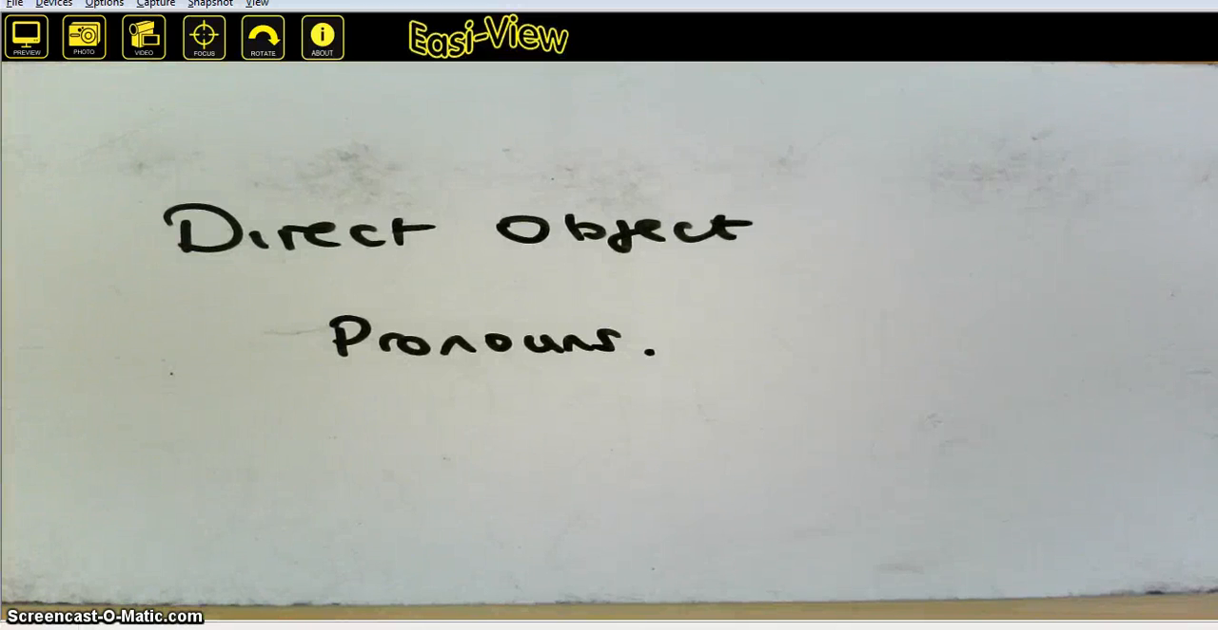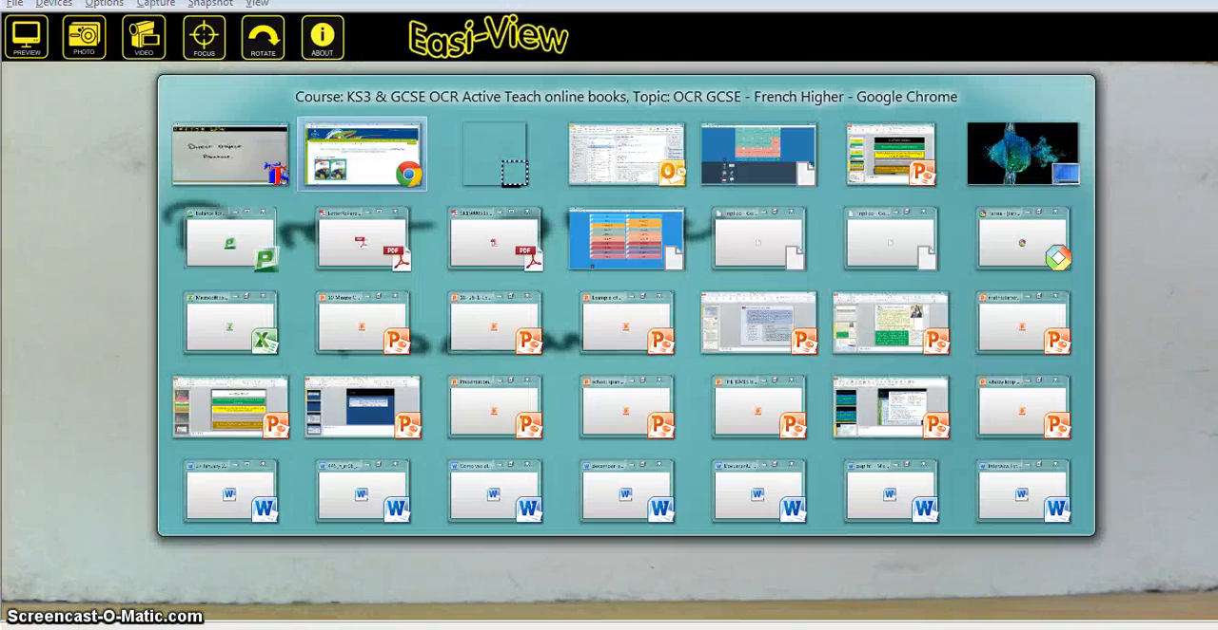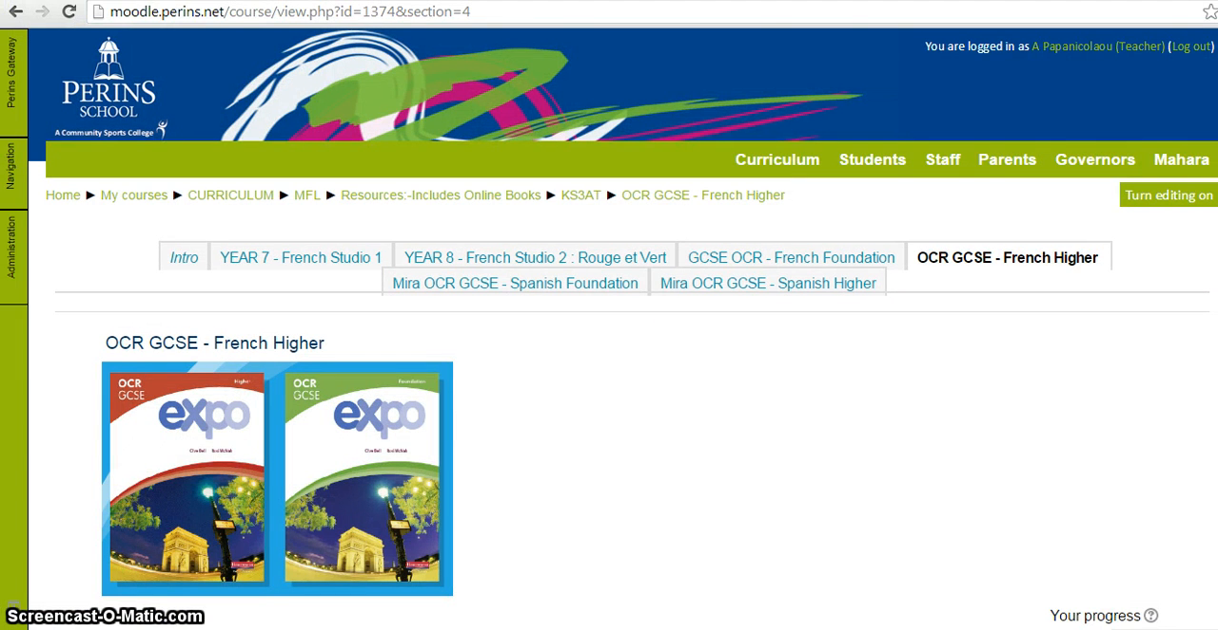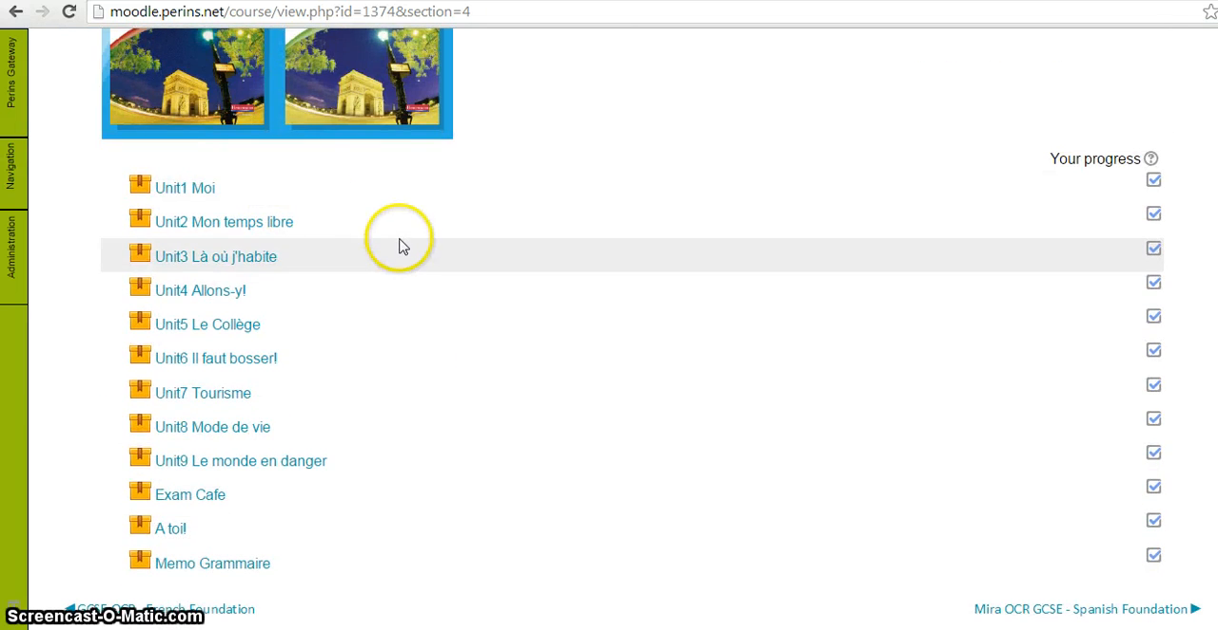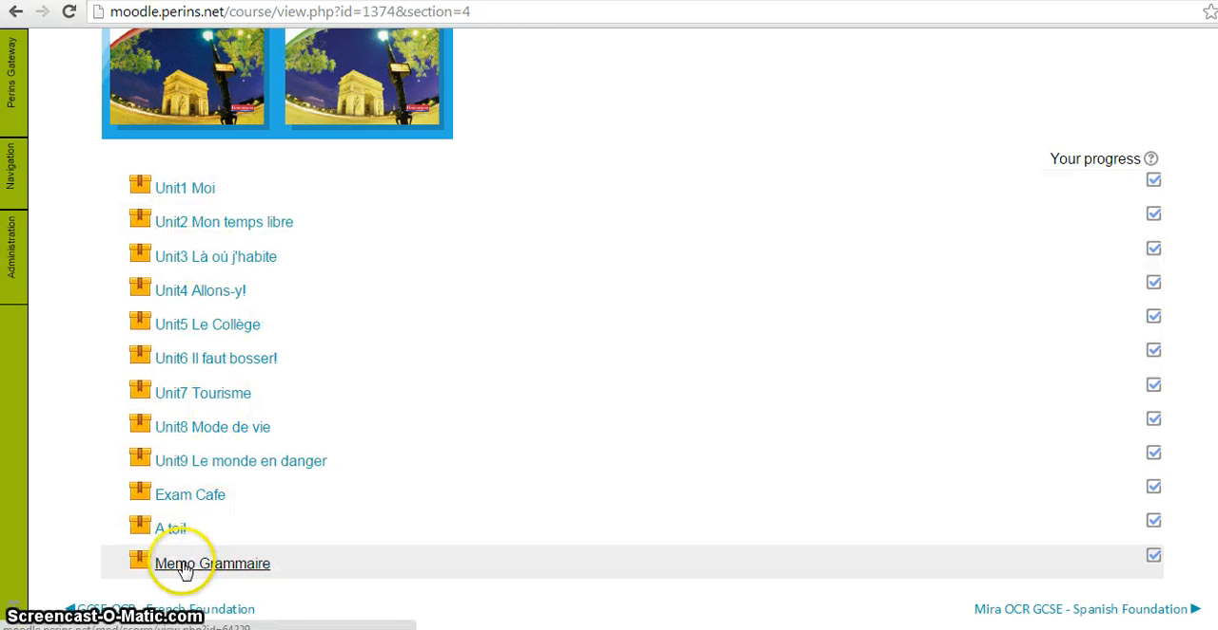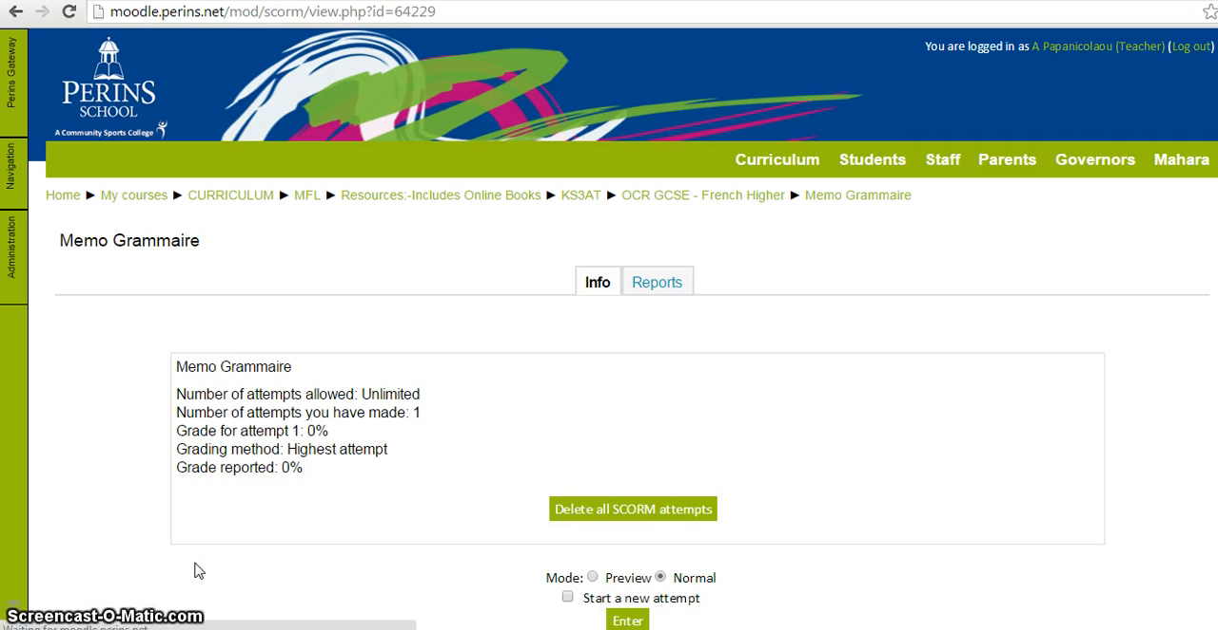Right, so let's talk you through the first couple of questions on the direct object pronouns grammar page on the online book. So first of all, we need to make sure that we're in the right place. So we need to go into our online books and make sure that we select OCR GCSE French Higher. And then when we drop down here, we'll notice that we've got these headings. So we've got Unit 1 all the way down to the Mémo Grammaire, which is what you need. So we click on Mémo Grammaire